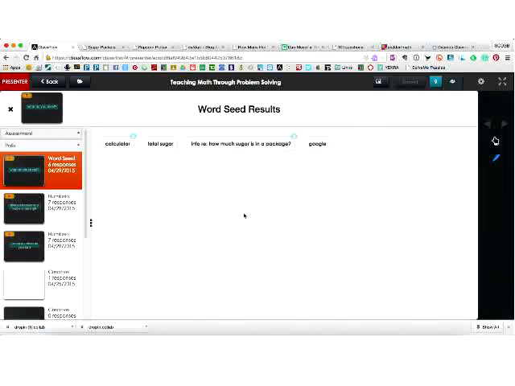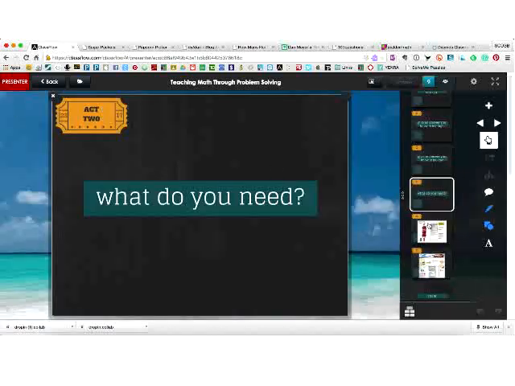And so we can start to word seed. We can draw on the screen here if we wanted to make connections or start to do a bit of a web. And we can move these around. Maybe even the total sugar should be connected with that one. But anyway, so you can see how the word seed lets you kind of have a conversation based on what people have asked for. I'm going to close this now.